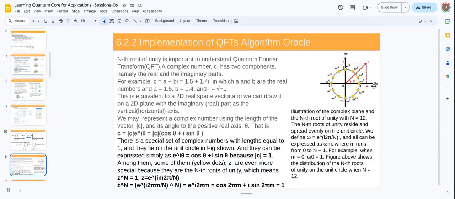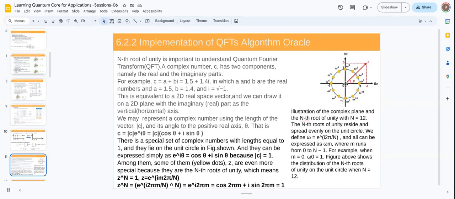So if we say psi equals alpha ket 0 plus beta ket 1, alpha and beta being complex numbers, a complex number will have a real component and an imaginary component, and the angle that it makes in that real-imaginary axis is the angle theta. Therefore e raised to i theta, or e raised to i 2 pi by n as we call it, is also equivalent to